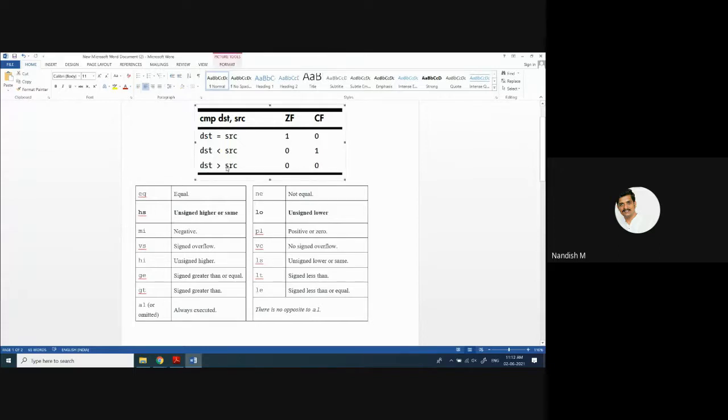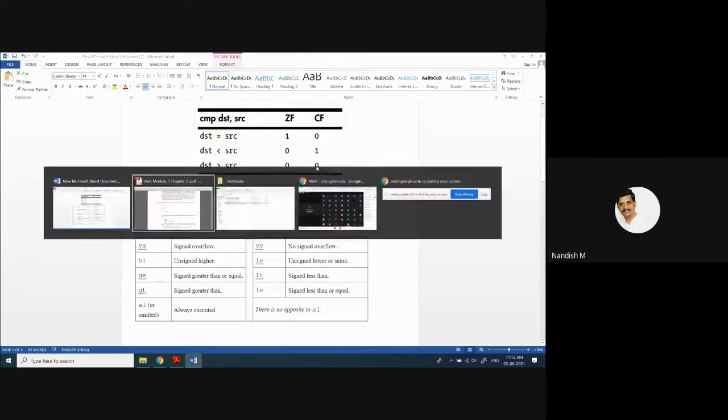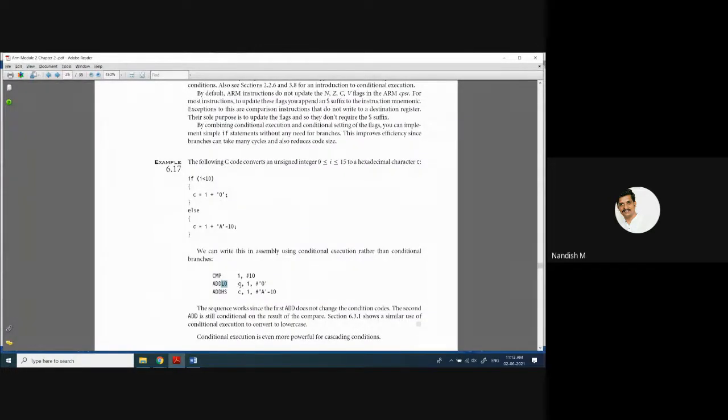See here, if the destination is greater, then the C flag should be 0.